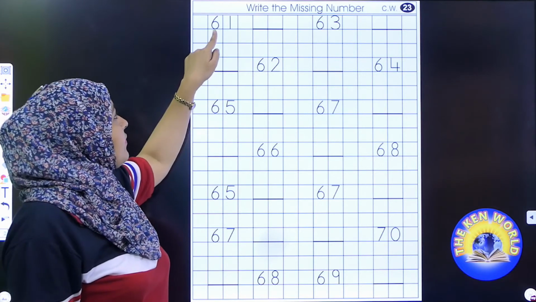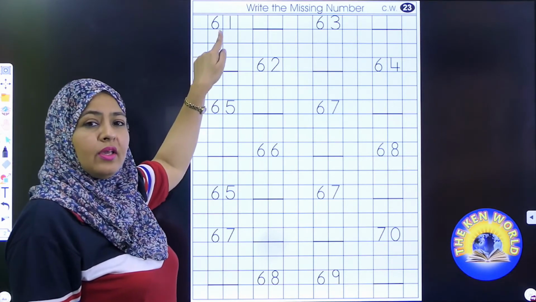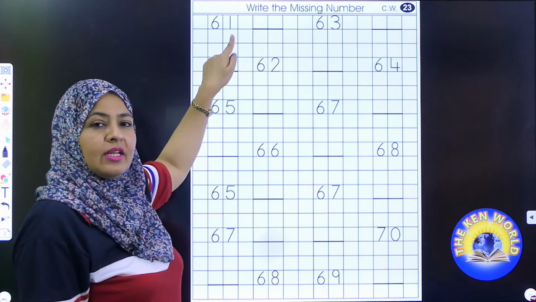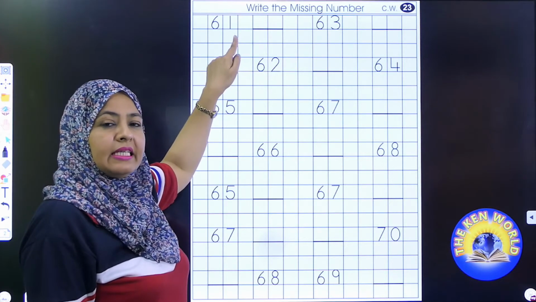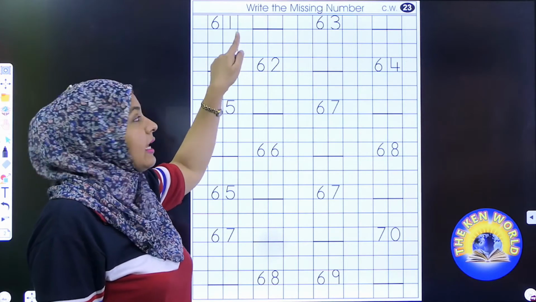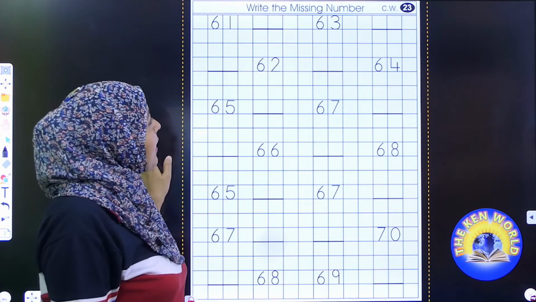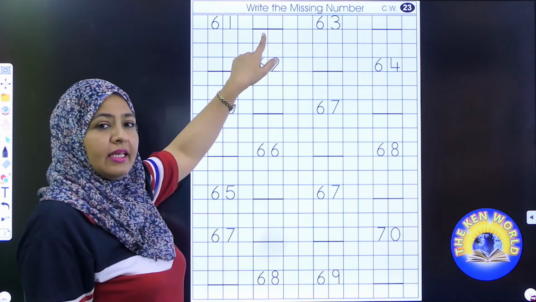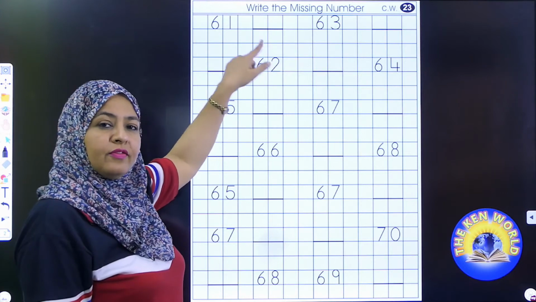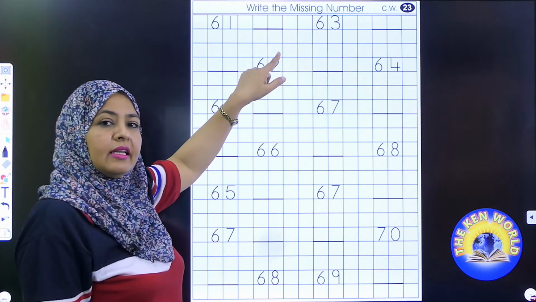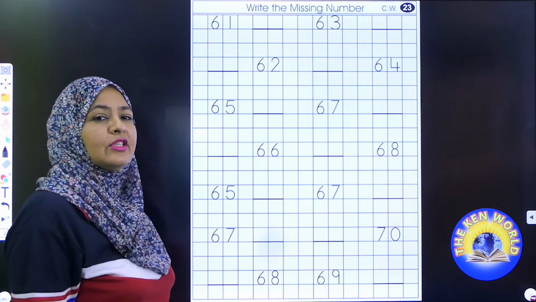To fill the missing number, we have to move in order. So here we have number 61. Which number? Yes, 61. And the next number is missing. So what comes after 61? Correct, 62.